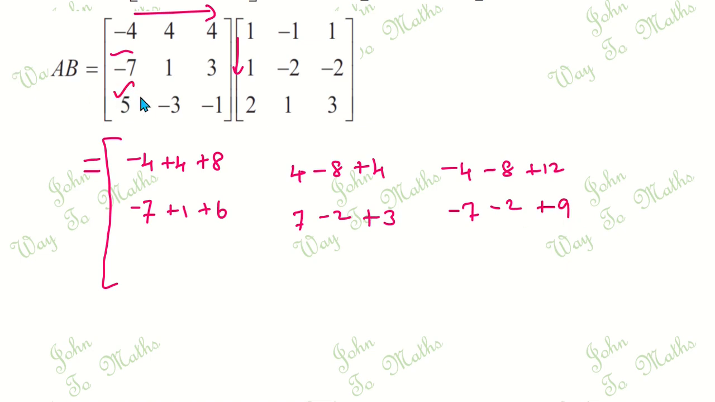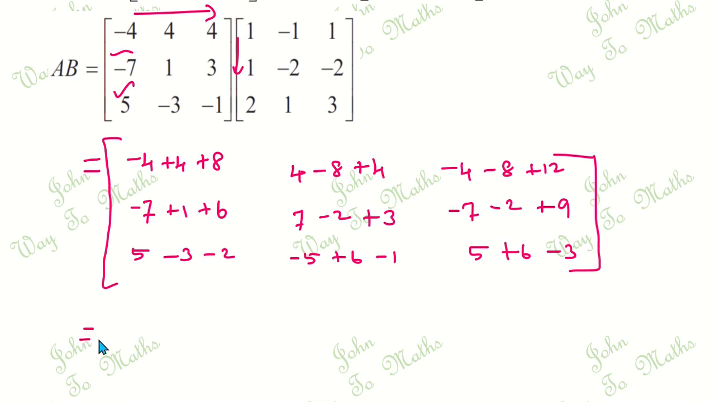Then third row multiplied by first column, so 5 ones are 5, minus 3 into 1 becomes minus 3, then minus 1 into 2 becomes minus 2. Then third row multiplied by second column, 5 into minus 1 becomes minus 5, minus 3 into minus 2 becomes plus 6, then minus 1 into 1 becomes minus 1. Then third row multiplied by third column, so 5 ones are 5, then minus 3 into minus 2 becomes plus 6, then minus 1 into 3 becomes minus 3, which is equal to